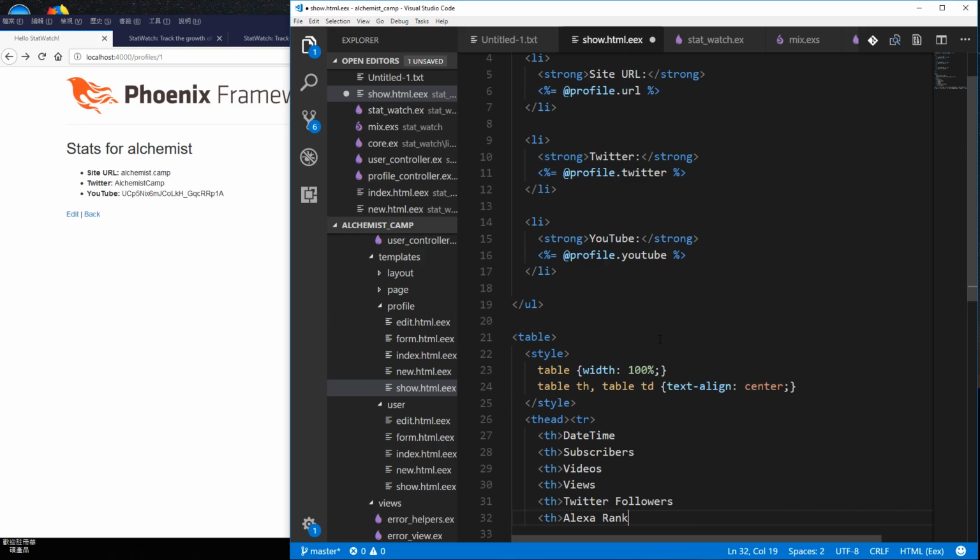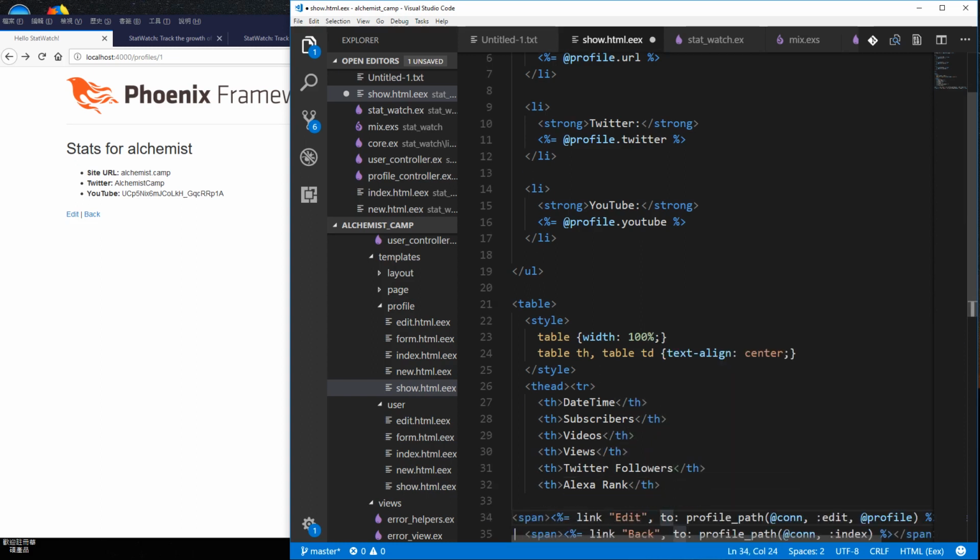And I'm going to hold down Alt and Control and hit up a bunch of times. That gives me a bunch of cursors. I hit End, takes me to the line, and close the THs. There we go. Hit Escape to get back to one cursor. Thank you, Visual Studio Code. And then we close the TR, and we close the T head. Okay, so that's the header of our table, and actually let's make the closing of the table right here,